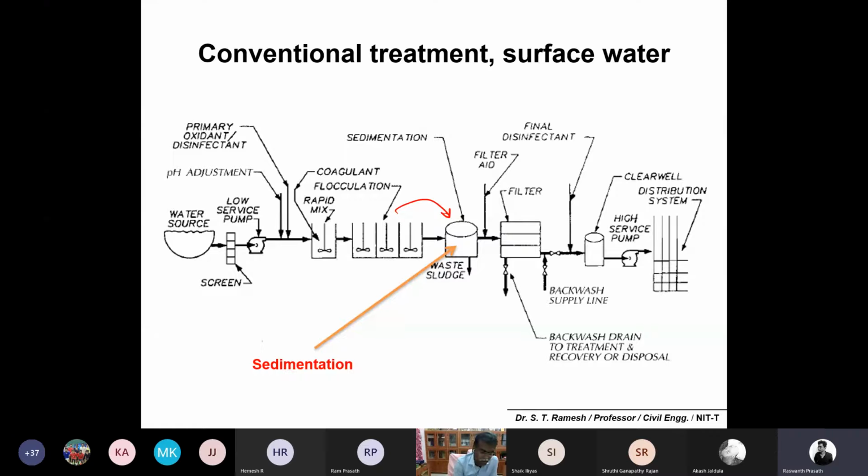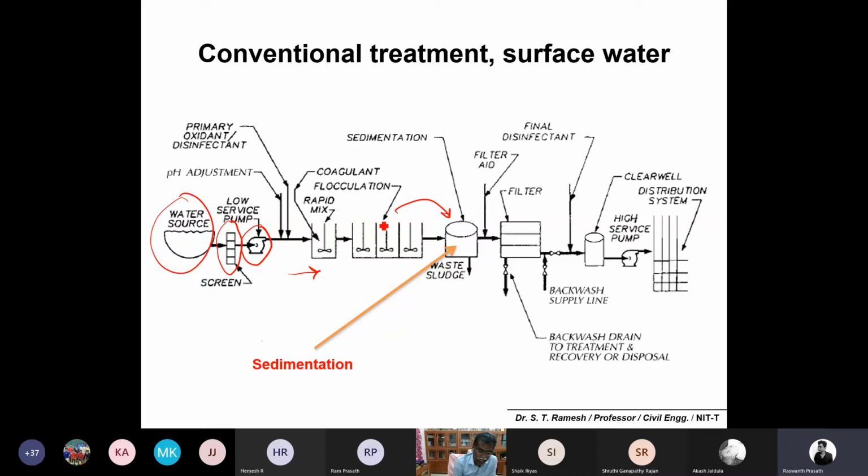So we have started with the water source. These are on-site treatment technologies to remove the solids by screen, and use the low service pumps from a reservoir or from a source. You bring the water down to a city or a nearby treatment plant, where you have to start your treatment operation. The very initial treatment operation is coagulation followed by flocculation, because most of the solids come in as negatively charged particles. They will also repel each other because of the same charges.